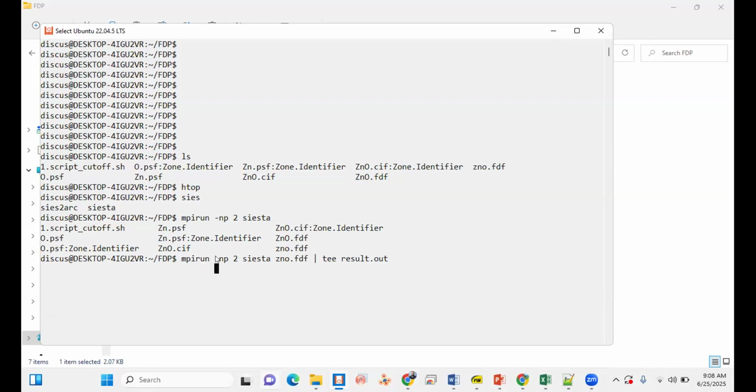Then the flag, the negative symbol is always used for a flag, and this np is the number of processors, and I told the system to use only 2 of the available processors. Then the third place must be for the executable, and then which input siesta should read, I specify this input file.